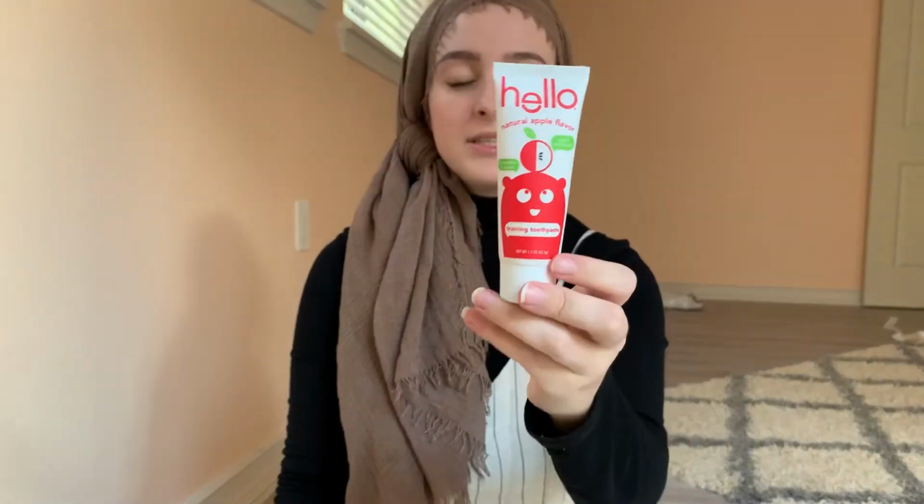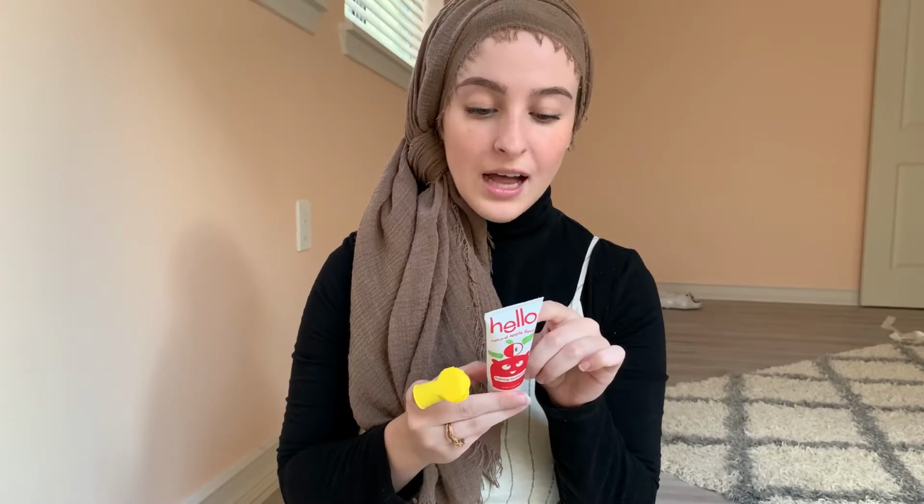I decided to get this toothpaste. This is safe to swallow, and I really like that the ingredients are just really simple. It contains vegetable glycerin for soothing and moisturizing the gums, sorbitol, purified water, aloe vera, which also soothes and moisturizes the gums,